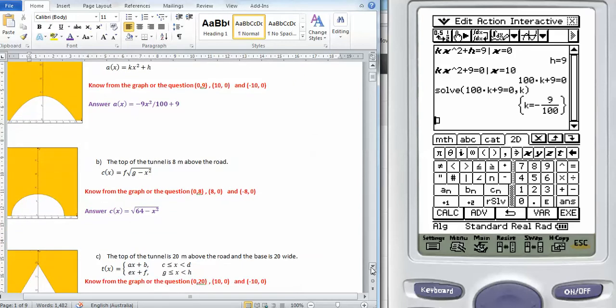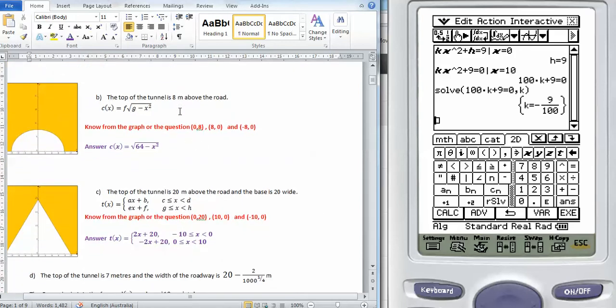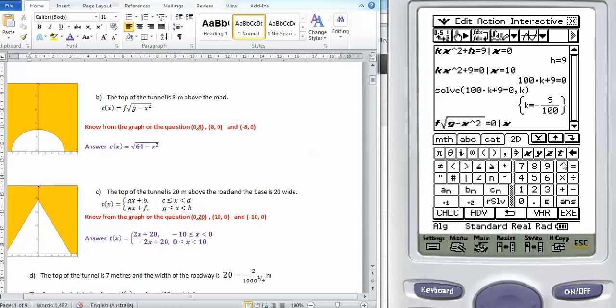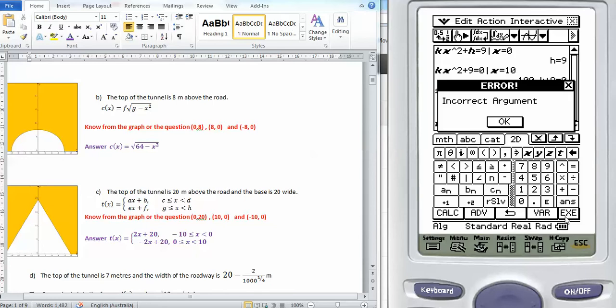Part B is a circle. I know from the information the height is 8 and that it's 16 metres wide, so therefore that's 8, 0 and negative 8, 0. So my general rule is f square root g minus x squared, and I know that that is going to equal 0 given x equals 8, and that gives me one incorrect